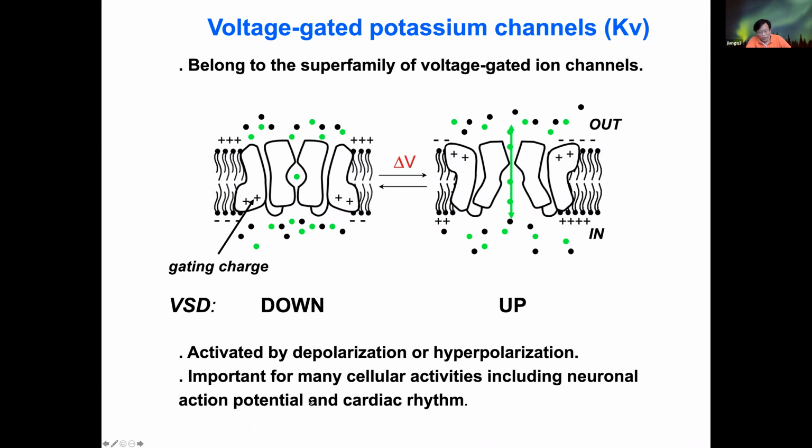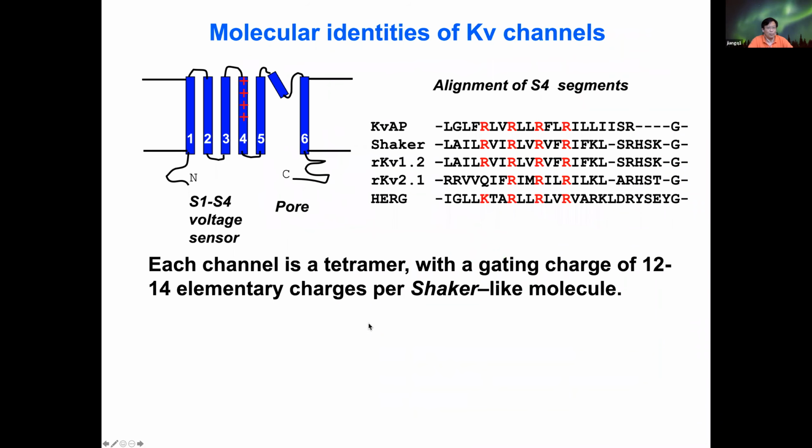And they are very important. Voltage-gated potassium channels are in every live cell. They are needed to set up the resting membrane potential for every cell. And they are important for the proper function of heart, brain, and many other organs in the human body. And after the molecular cloning in the 1980s and early 1990s, it was found that every voltage-gated ion channel